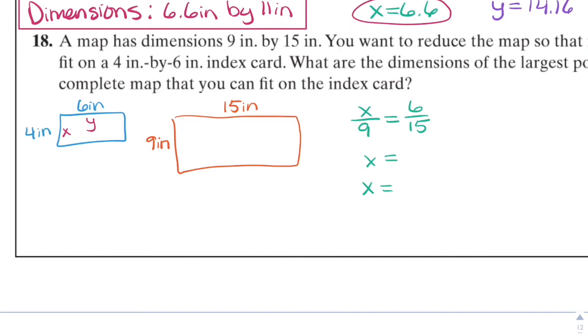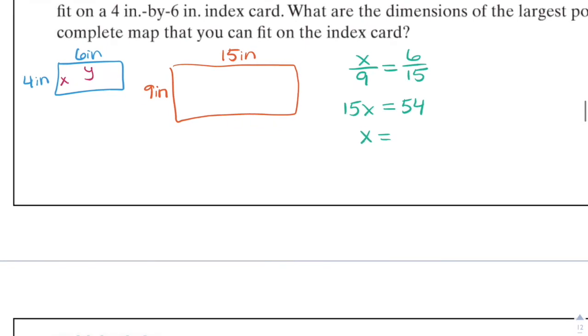So 15 times x is 15x. 9 times 6 is 54. So in this case, 54 divided by 15 is 3.6. So here's what happened. We shrunk 15 all the way down to 6. In the meantime, 9 shrunk all the way down to be 3.6. That's not too bad, right? There's only a little bit of a gap here. So this 15 got shrunk down to be 6 total units, and 3.6 is what's being used on the other side,